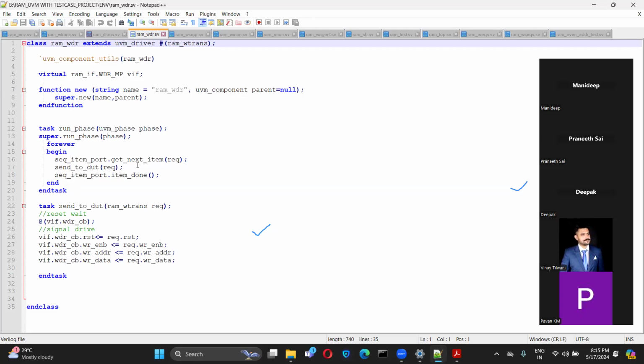So now we have sequence item dot get next item, request. Yesterday I told you that in the driver, you can directly use the request. Whatever the transaction handle could be, it will assume that this is the request, because from the sequence we are passing the transaction. So it will correlate to the same transaction item. You can pass anything over here; here we are passing the request. And then send to DUT, where we are driving. All this will be inside get next item and item done. Though you write different tasks, all those tasks have to be called inside this run phase, inside this forever begin, inside the get next item and item done. So this is a driver concept basically.